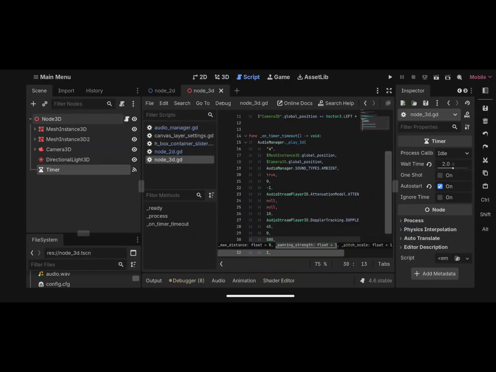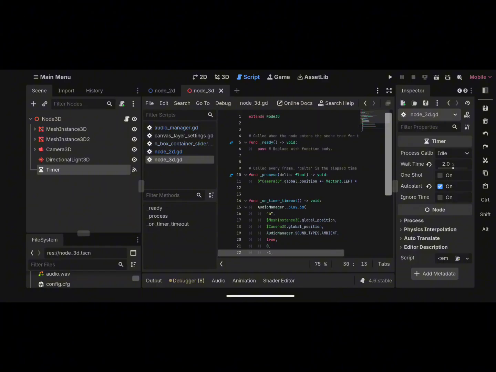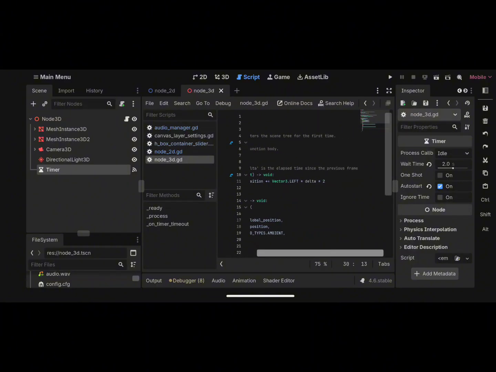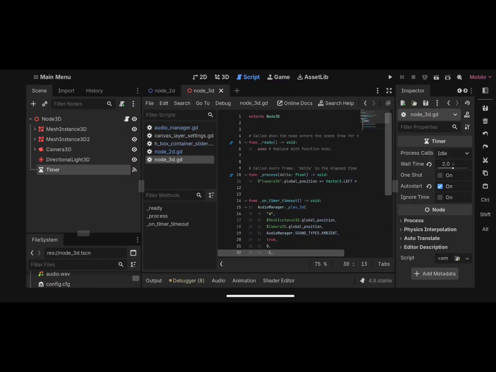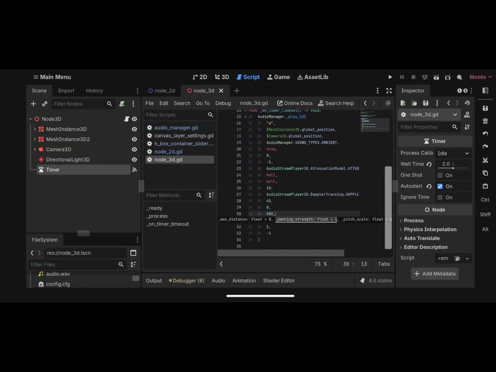So now here, as you can see, in the process, I'm basically moving the camera forward. Actually, it's left, but I rotated the camera, so left goes forward. Okay, and upon the timer timeout, it should play an audio. It's the same thing as the 2D example, but in 3D and with a few more settings, but it's the same effect. So now if I hit play,